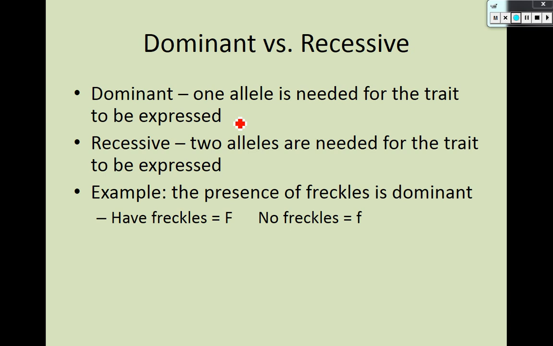So if you have freckles, we're going to make that a big F. If you don't have freckles, we're going to make that a little f. The letters you choose are whatever letters you choose. I would encourage you, when you start to work with these letters, that you choose capitals and lower cases that are significantly different from one another,